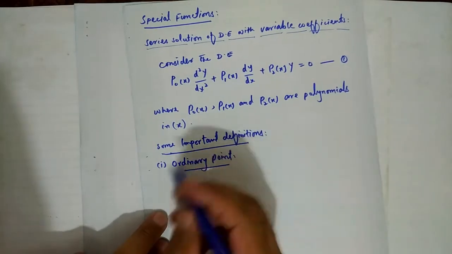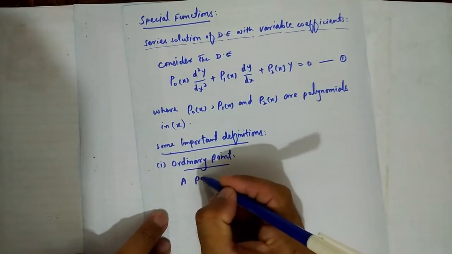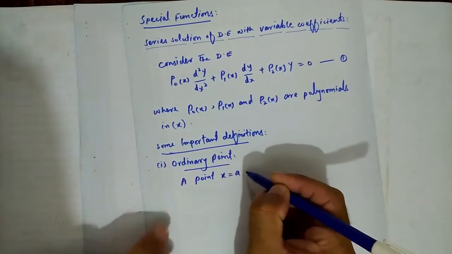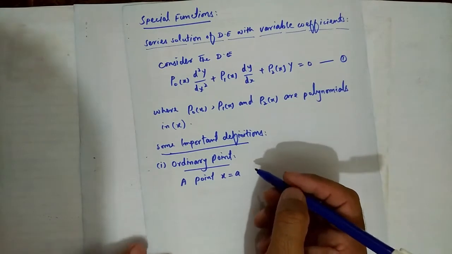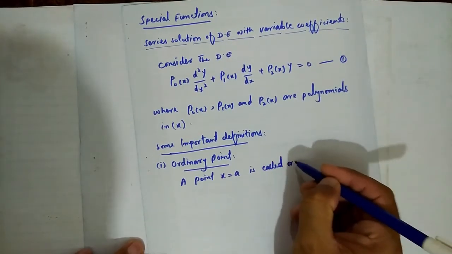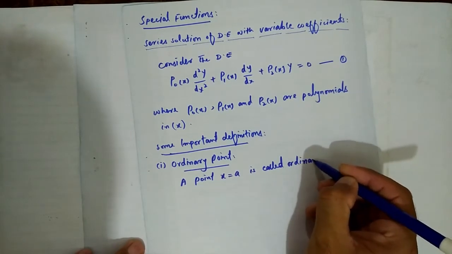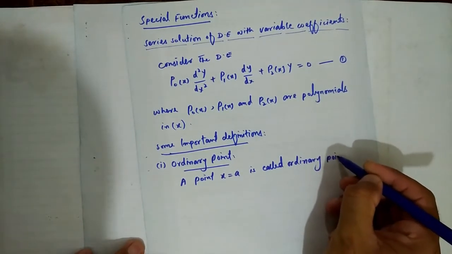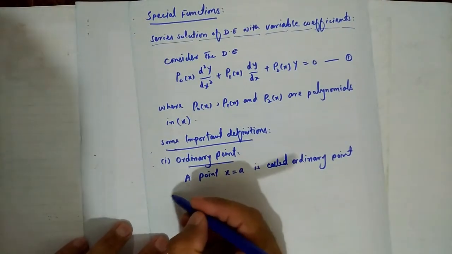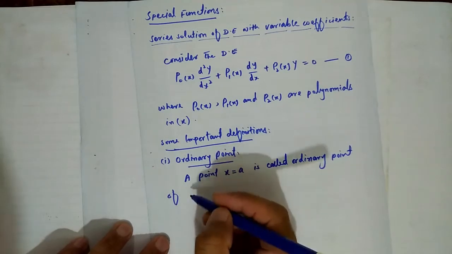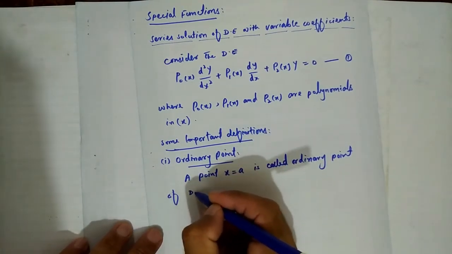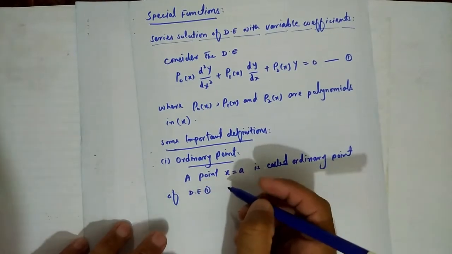A point at x equals to a is called an ordinary point of the above differential equation, which is given in differential equation 1,